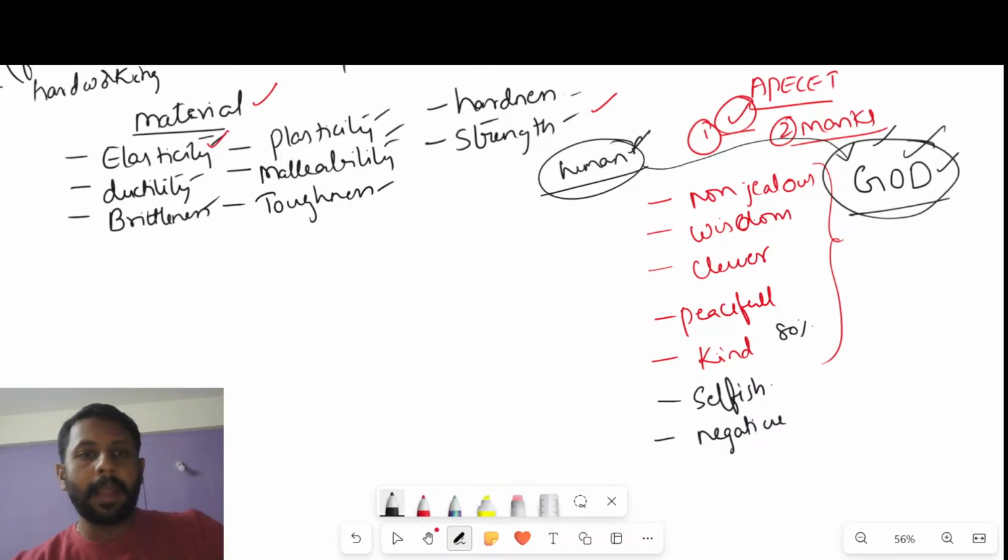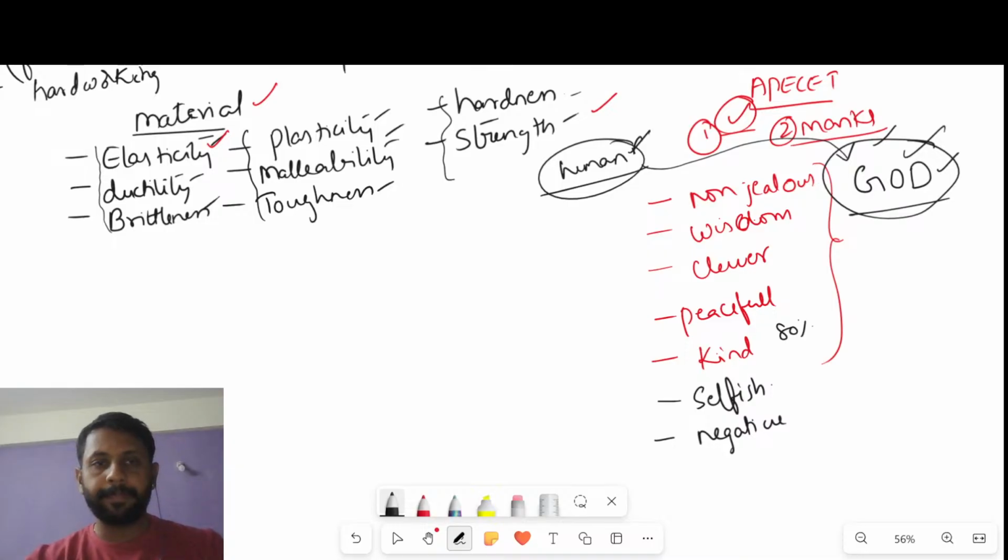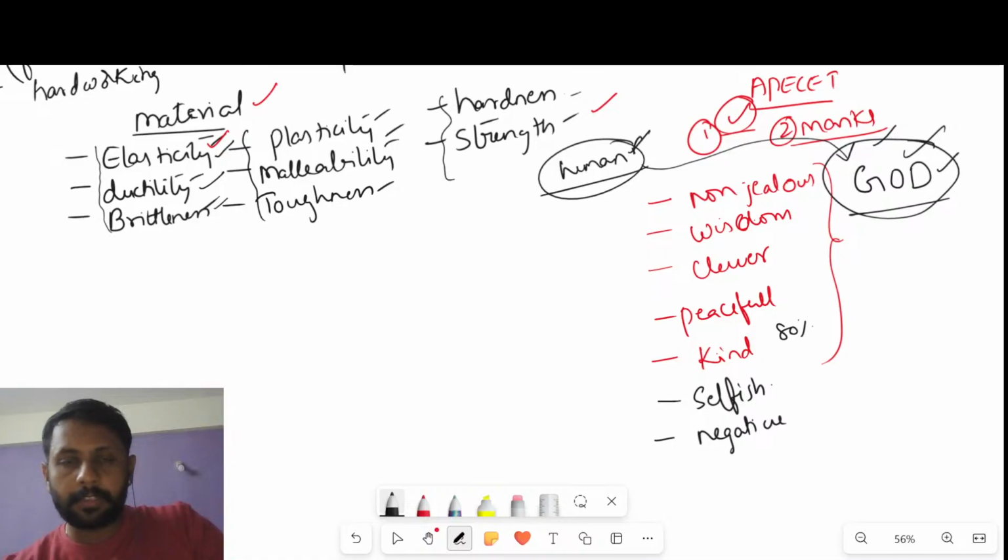So similarly, in a material also, all these characteristics cannot be possessed in a single material. Every material might have one characteristic, it might not have another. Are you all following? So they will be having certain characteristics, they will not be having certain characteristics. A single material cannot have elasticity, ductility, brittleness, all of these characteristics together. So if any material is having all these characteristics together, then that kind of material does not exist at all. Right? Following all of you? Yes, sir.